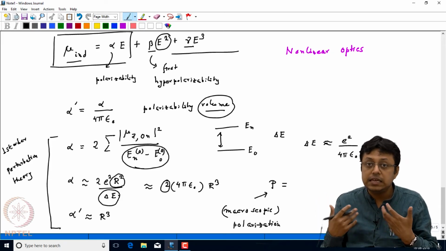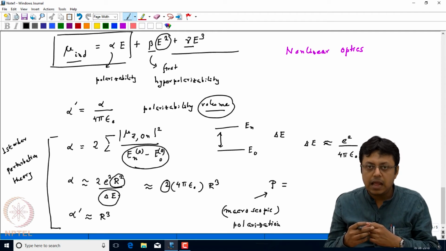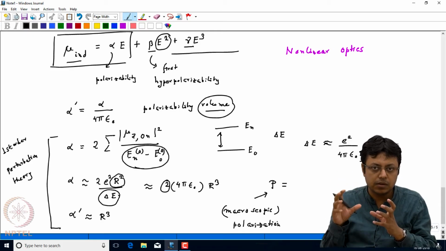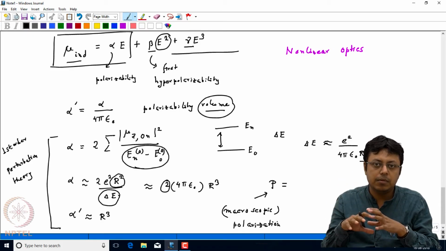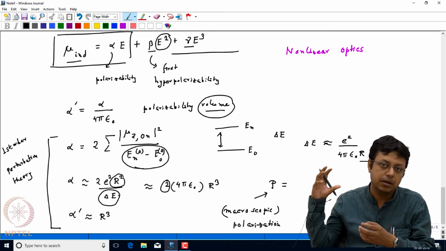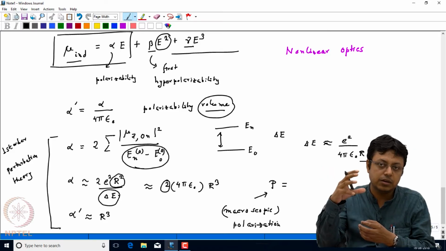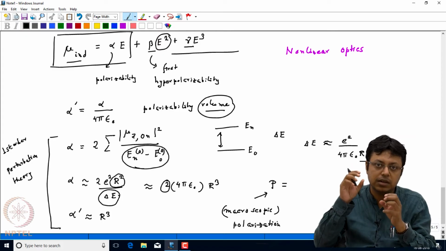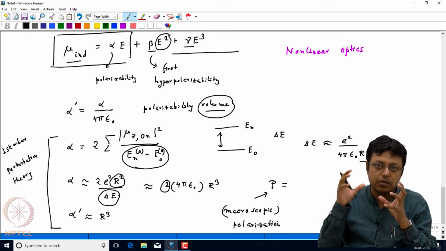So, that is why it is an induced dipole moment, and then we can add up all these dipole moments of very, very small molecules, and then we can think about creating a macroscopic polarization. Now, on average you can think that if I am applying an electric field in a particular direction, more or less there will be some preferential orientation of the tiny electric dipoles along this direction,